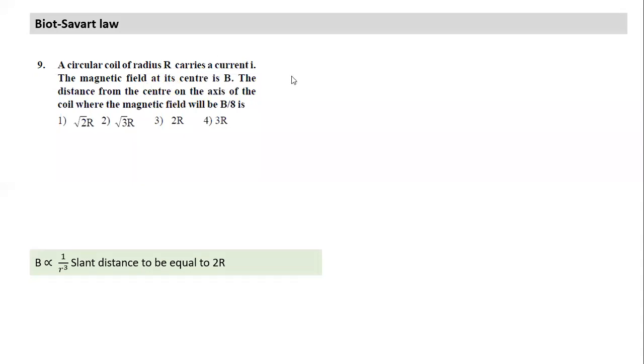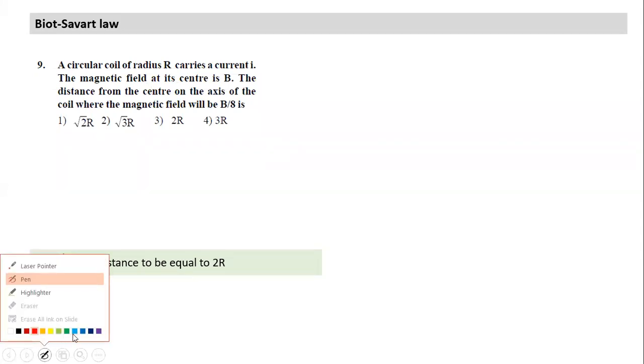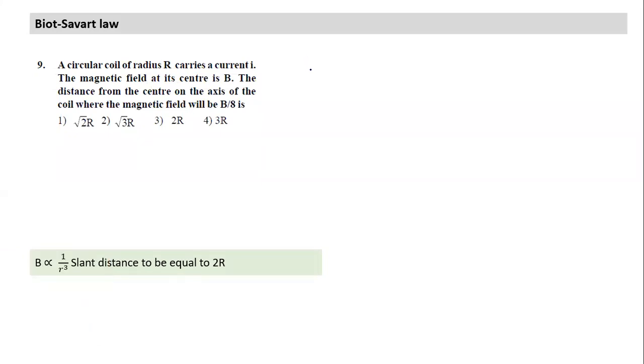So what is the formula we had? Again, let's look at this in the previous page. What is the formula we had for magnetic field on the axis of a circular loop? The formula was mu naught by 4 pi into 2m by r cube. Is this formula also valid for x equal to 0? Is it valid for x equal to 0?